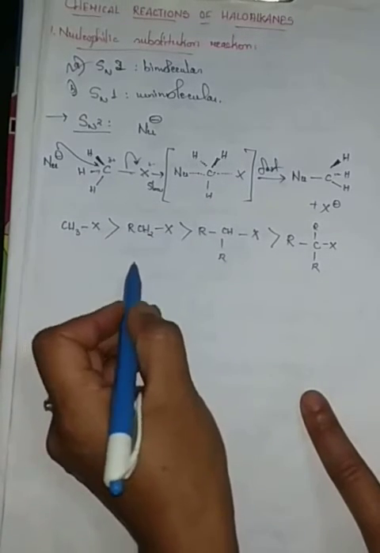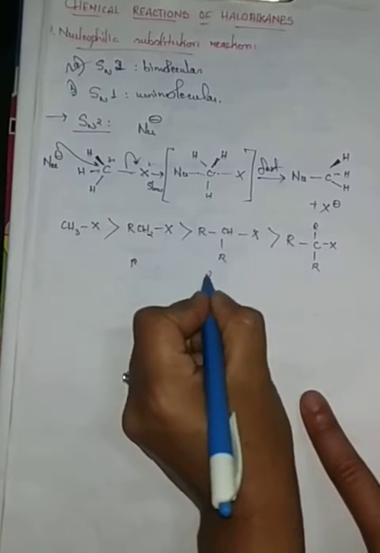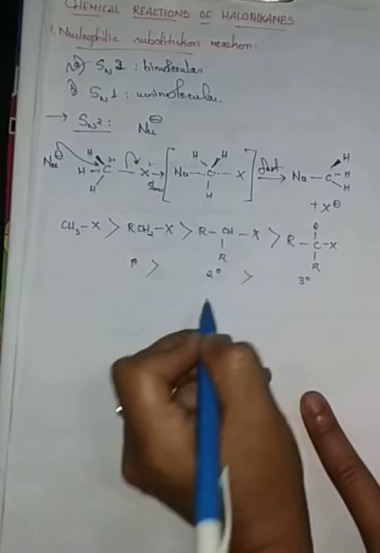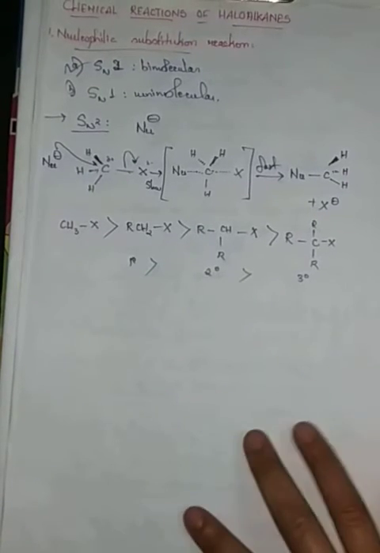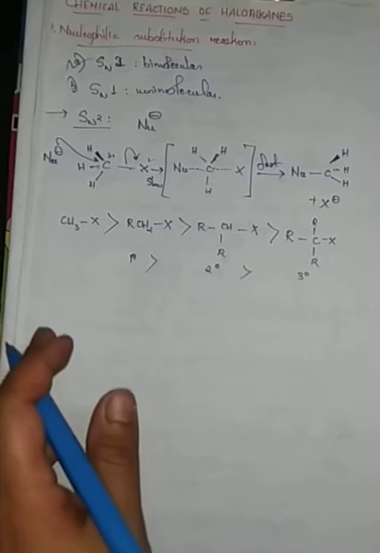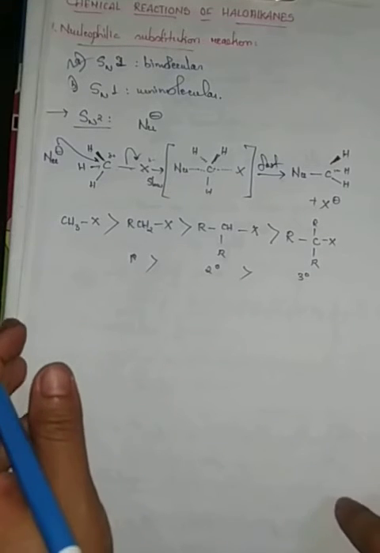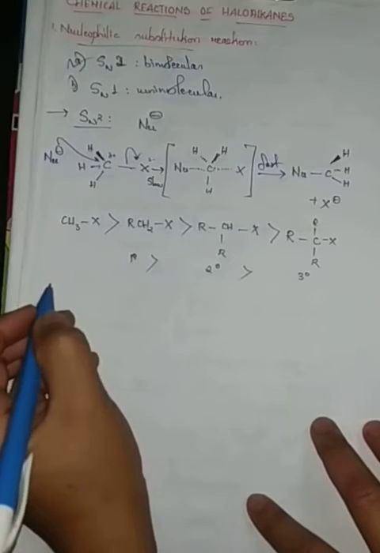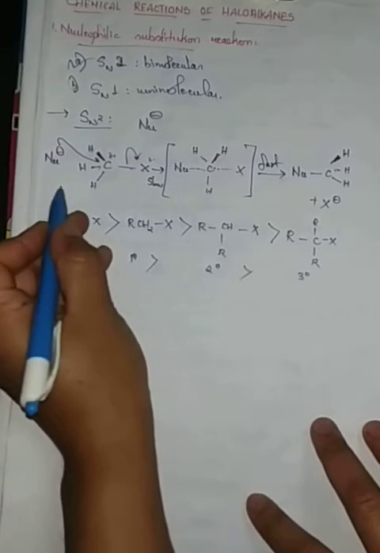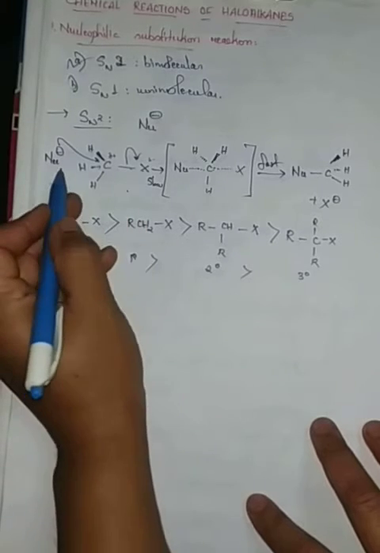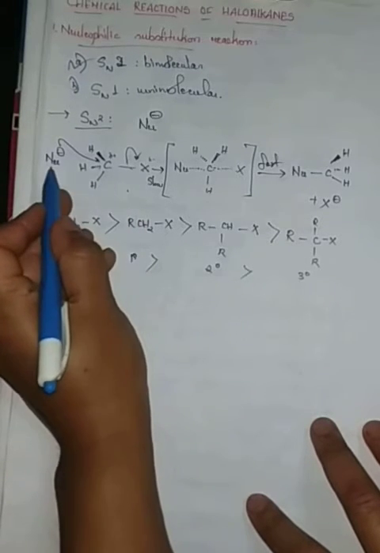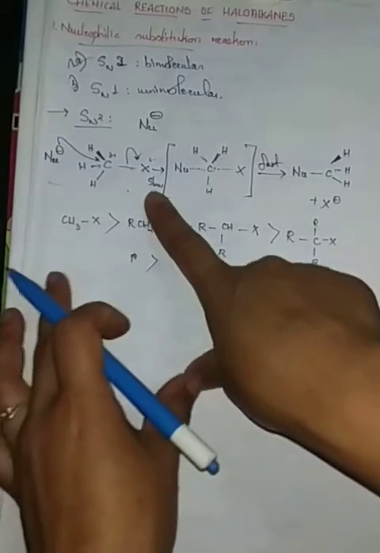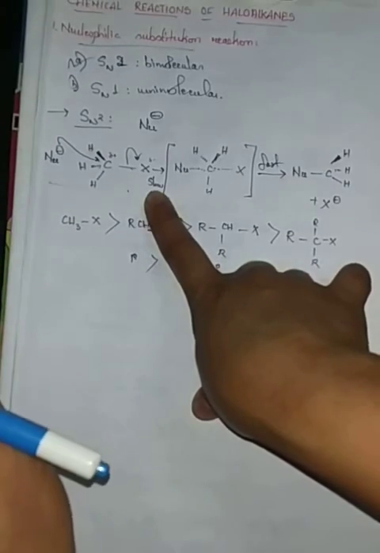When we compare the reactivity between primary, secondary, and tertiary haloalkanes, we will notice that the primary is more reactive, then secondary, then tertiary. Here the reaction follows second order kinetics. That is, the rate of the reaction depends on the concentration of both the reactants. That means in the first step itself, the nucleophile as well as the haloalkane undergo the first step, and the reaction is a very slow step, and the rate of a reaction is determined